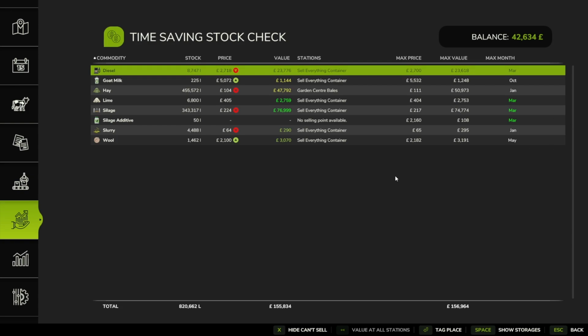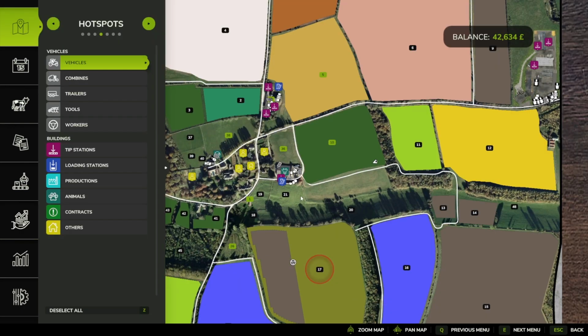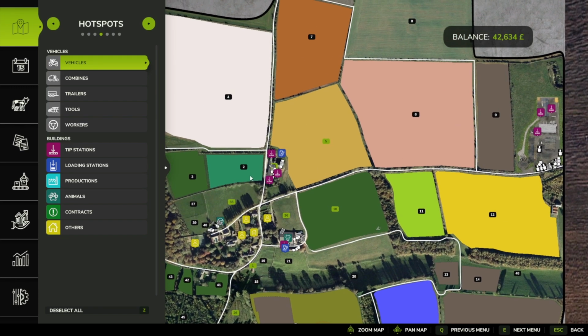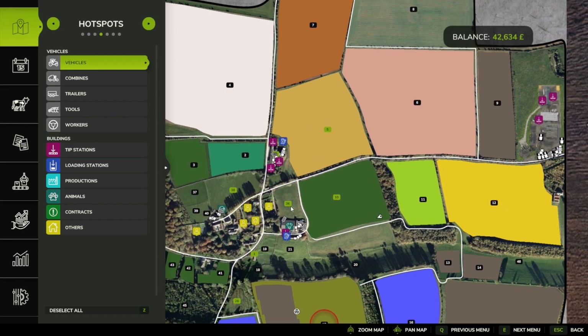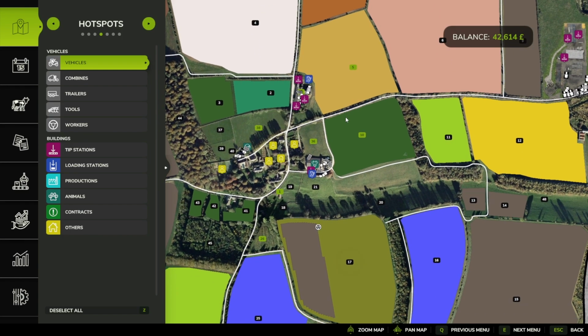So here we can see that our silage is actually worth a lot, and that's just from one silage pit. What I'm wondering is, obviously we need to be able to look after the animals, so we are going to need some silage and we're going to need the hay bales. But we've got field 10 where we can get the things for the animals. We will need straw bales. What I'm wondering is whether we